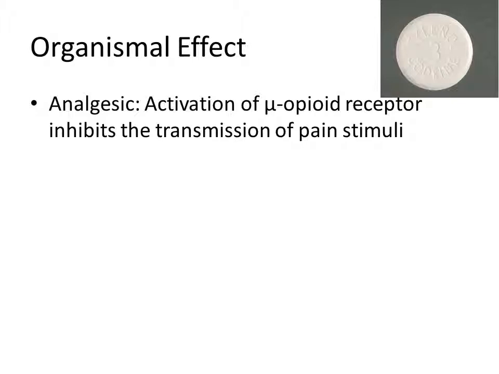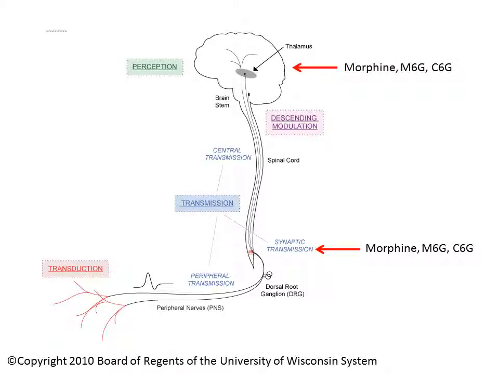The primary effect observed is pain relief, and accordingly, one of the major uses of codeine is as an analgesic to treat minor to moderate pain. It provides this relief because the activation of the mu opioid receptor and its associated inhibitory G protein prevent the transmission of pain stimuli. So if we look at the pain stimulus pathway, the mu opioid receptors in the spinal cord may be activated by one of the codeine metabolites. This could prevent neurotransmitter release at the synapse and inhibition of further transmission of the stimuli.